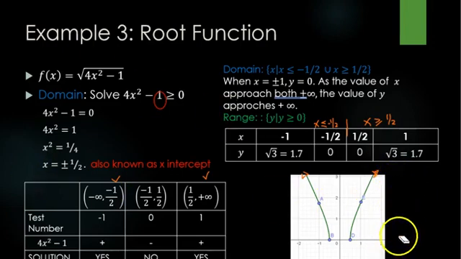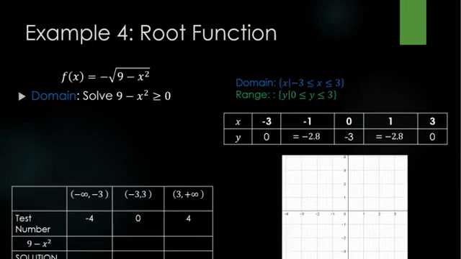Okay. So I have another example here for the square root. If you look at this radicand, to solve for this, we have 9 minus x squared equals 0. Okay, I can just easily transpose x squared to the other side. So when I solve for x, that's positive and negative 3. So again, this will also serve as our intercept.